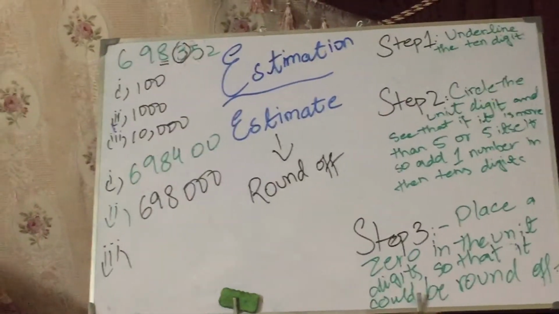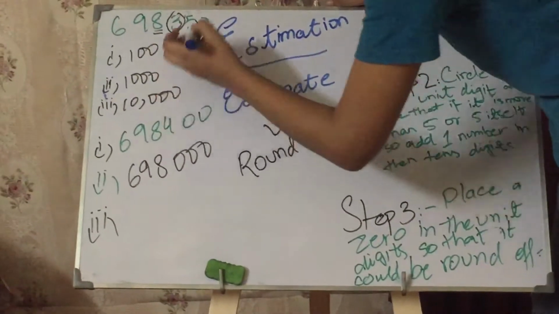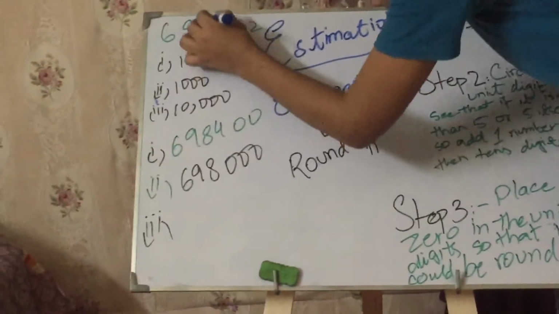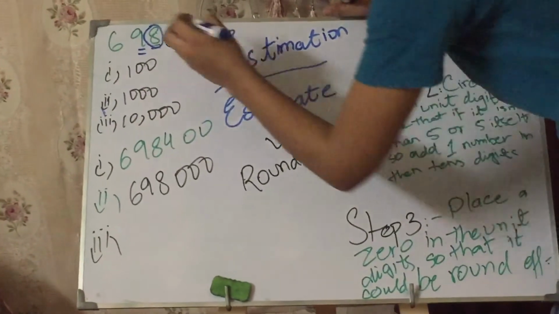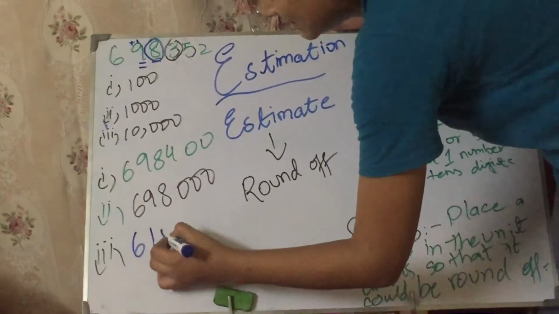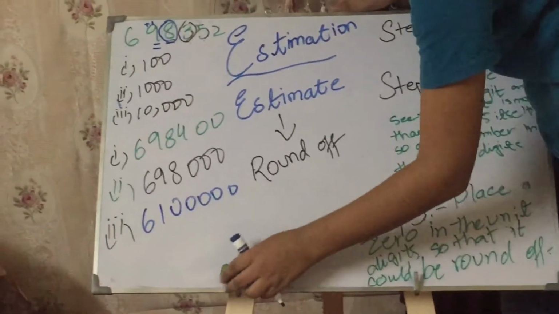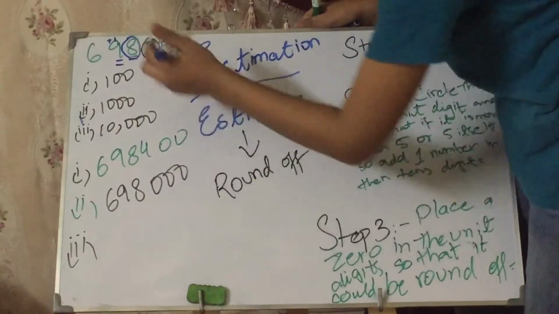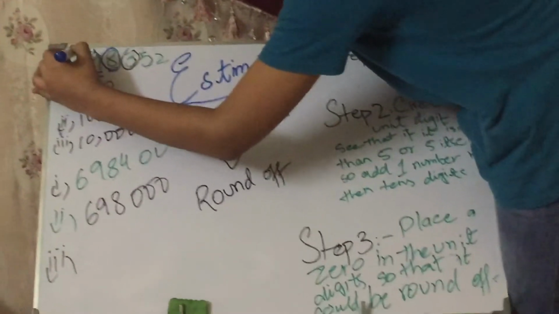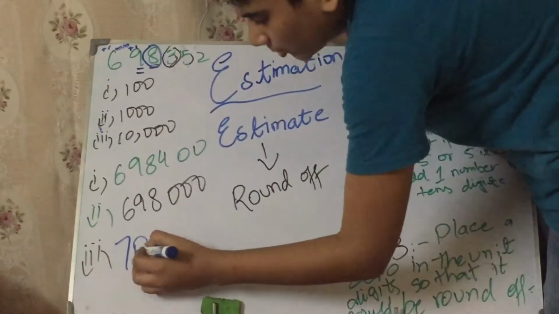Okay, now part number 3. Guys, if you have solved the 1000 one, it is no problem for you to solve the 10,000 one. Unit, 10, 100, 1000, 10,000. Look at this and then circle this 8. It is more than 5, so we will add 1 to it. There's a tricky thing in it. We cannot write 8, 0 and then 4 zeros here. You cannot do it like this; the answer would become wrong. If it becomes 10, we give 1 to the 9, so 7 and the rest of it becomes 0.